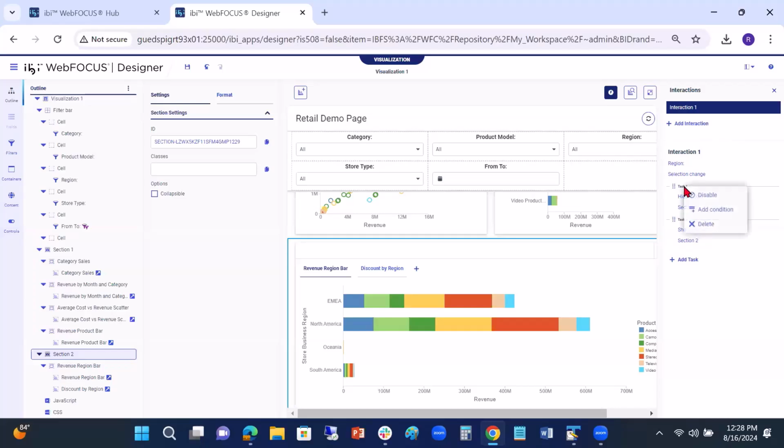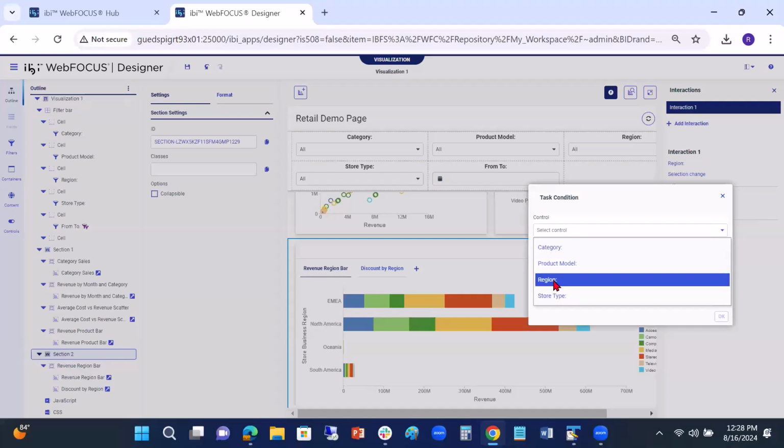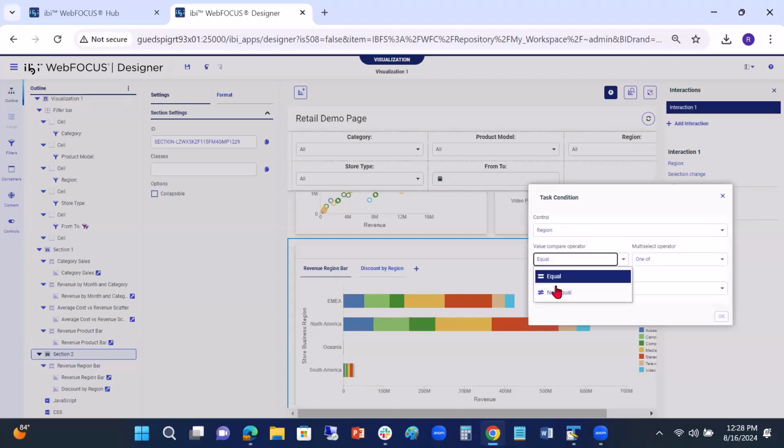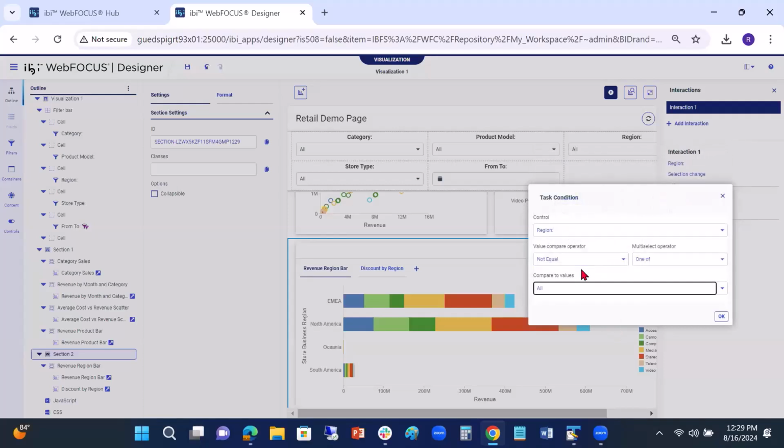So if you click on the task, certain things have capabilities of adding a condition. We can add a condition to this. And here it'll bring up the task condition dialog, and you say, what control do you want to add? I want to do it for region. And when it's not equal to one of, and this is a multi-select if you have multiple values here. And then I'm going to say when it's all. It's really as simple as that. So there's my control, not equal to all, and